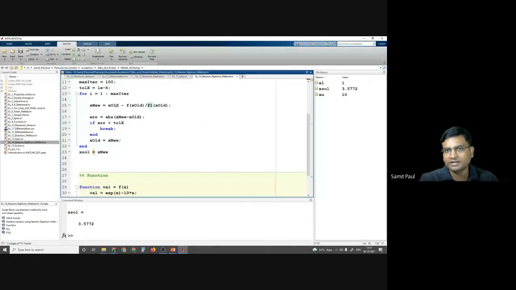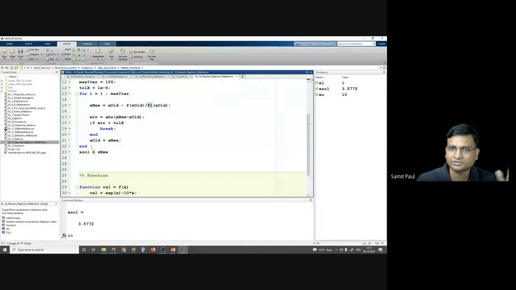See here, x old minus f divided by f1, right? So x new is there. Now I will calculate the error, the difference between the old value and the new value. If the difference is smaller than the tolerance that I am expecting, then the loop will break and the solution will be the newest value. The latest value will be the solution.